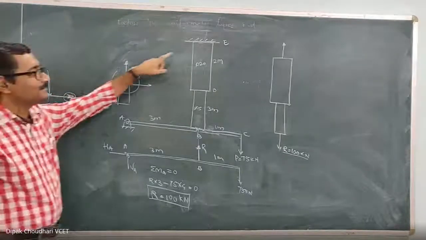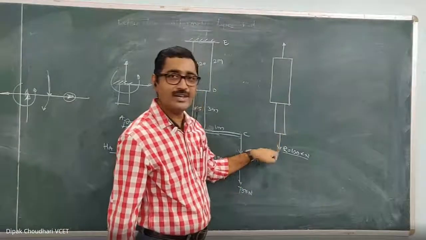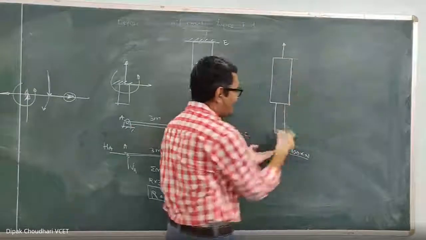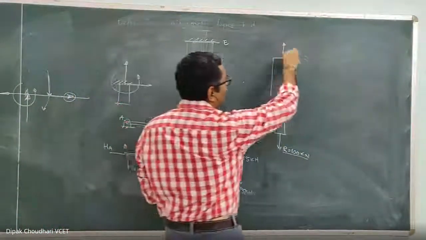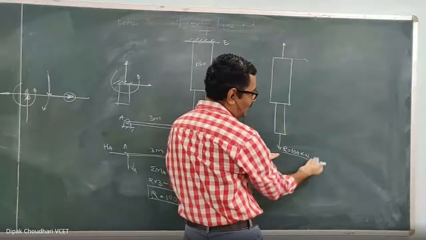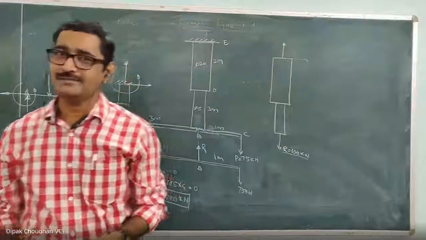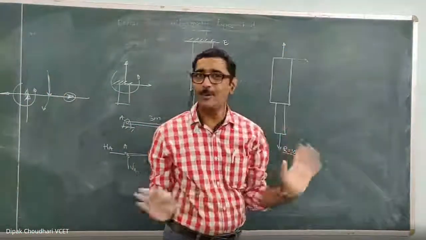But here, only one force is acting. This is the only force acting over here. To balance this, such a force will act. Horizontal component will be 0 because there is no horizontal force acting on that. And again reactive moment will also be 0 because the moment produced by this force about this point is 0. Its line of action is passing through that point. And that's why the moment produced by this force is also 0, so there won't be any reactive moment also.